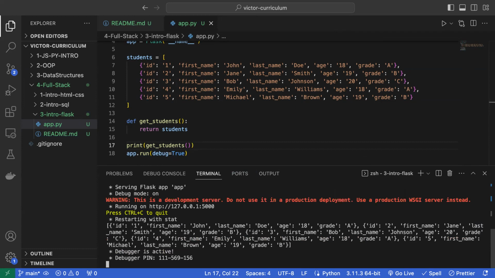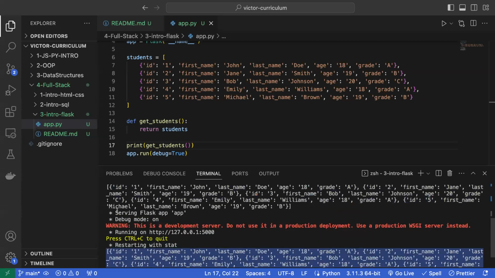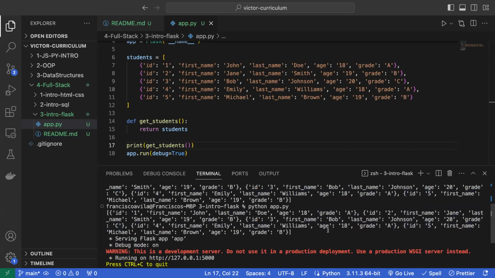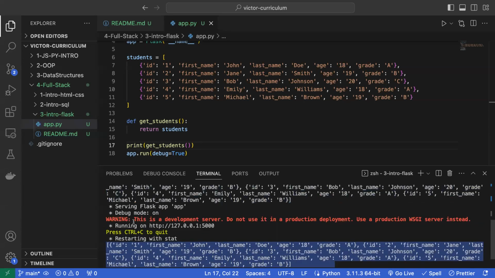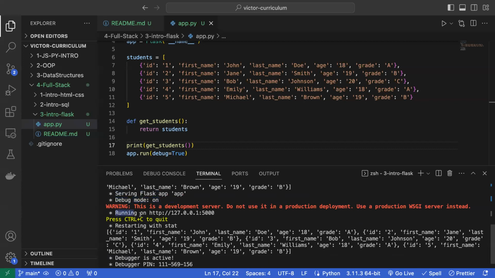Let's run this app. Okay, so I see my print statement is being turned on here. All right, so there's my print statement. And then it gives me a couple of different messages here. So let's see, my print statement happens. It looks like it happens twice. And it tells me, hey, the Flask app is running. Debug mode is on. And it's currently running on HTTP